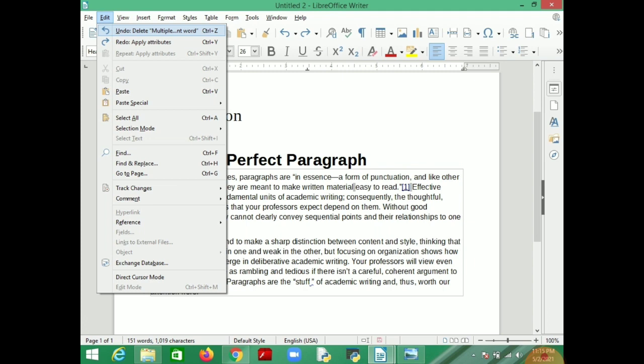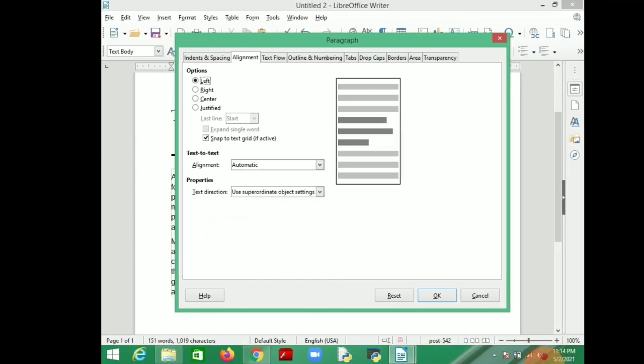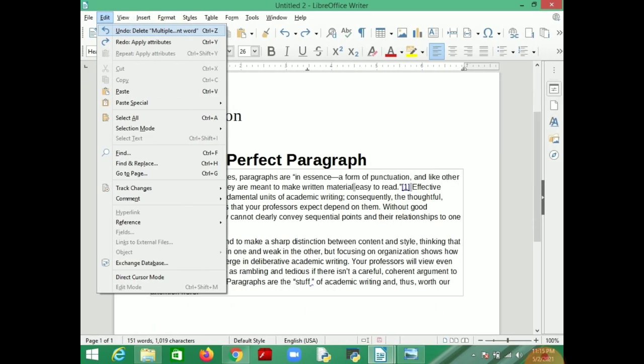So next is undo, delete. Whatever you changed in your document, if you want to go back, if you don't want those changes, then you can undo by Control Z, and redo.